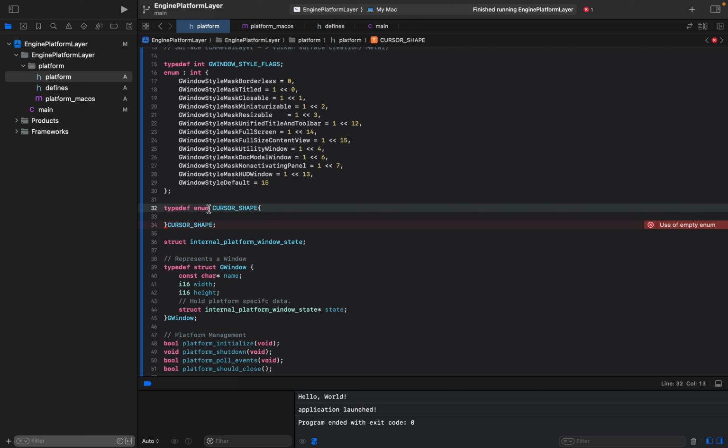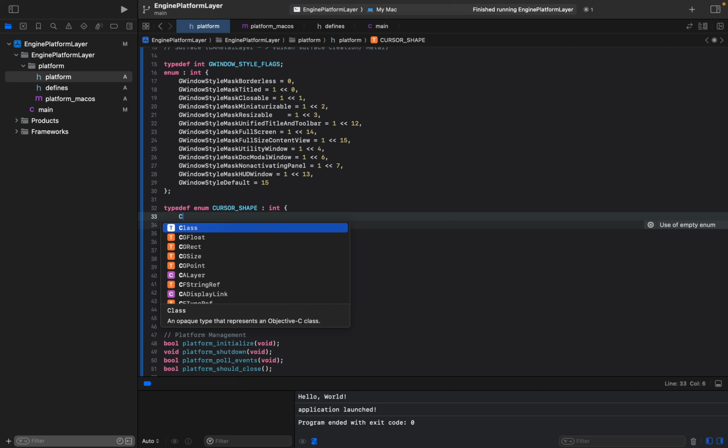However, you guys can do whatever you want, right? It is an educational video nonetheless, so if you guys want to change it to something else, you are more than welcome to do that. So let's just fill out this cursor shape enum with the different types of cursors that we can have. So the default cursor that I know of is